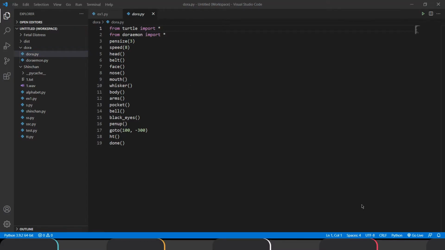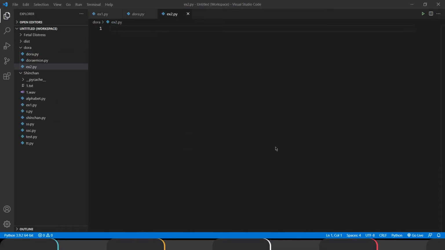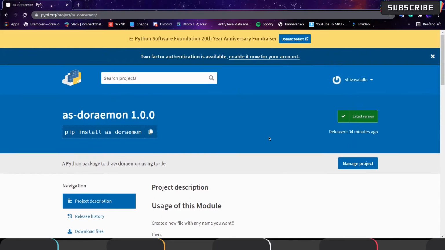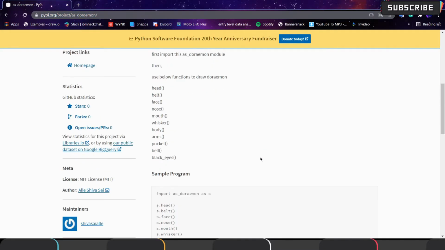So as of now we have installed the Doraemon module. So let's try by writing a single file. I will name it ext.py. You can see on this website this link and this command, which I will also give in the description.